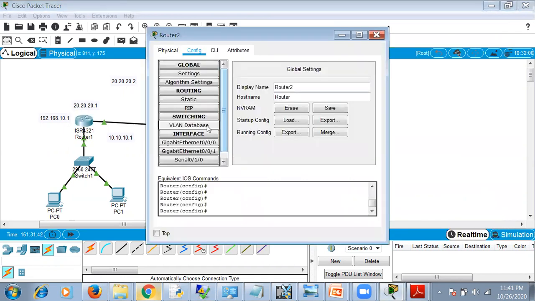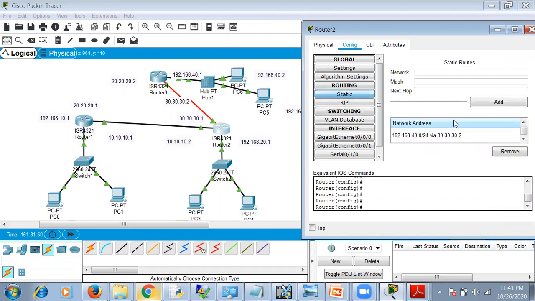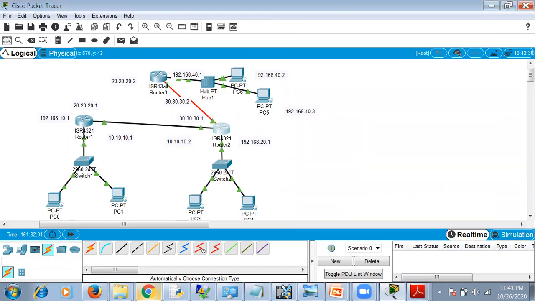For this one, you have two links, so it can go through either this router or this router. To go to this LAN, it has to go to 30.2. If it has to go to this LAN, it has to go to 10.1. Okay, so this is proper.